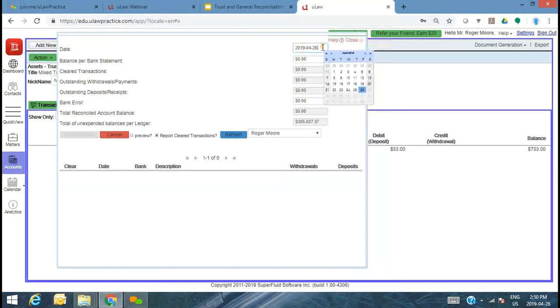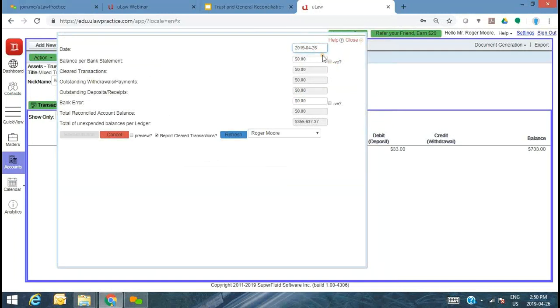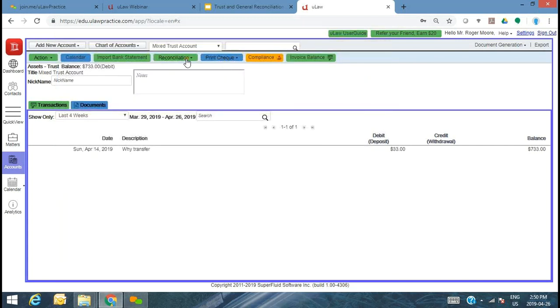All right, so I'm going to choose, let's say, the 26th of April. And you see at the bottom here that there are no transactions shown. Okay? What that means is that all the transactions, this is an amazing practice, all transactions have been reconciled. Or maybe there are no transactions to deal with. So let's assume that's the case. A brand new firm, no transactions, and let's add those transactions.